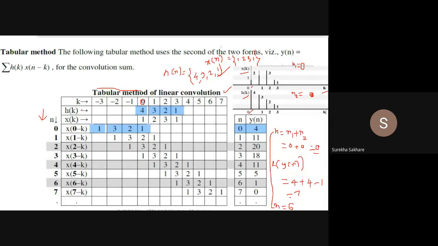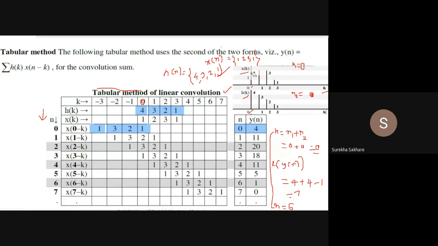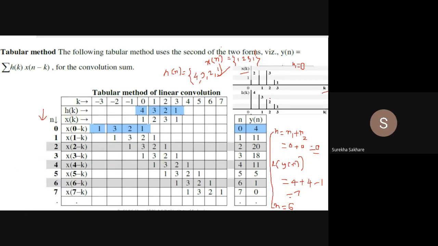Okay, so how is the h of k starting? In the beginning I have zeros. I will remove all that written material from here, so it becomes easier to make it a bit clearer. Now, h of k and x of k we have to identify. In this diagram, what they have done is, instead of shifting h of k, they are shifting x of k. Results will be the same. There is no problem.